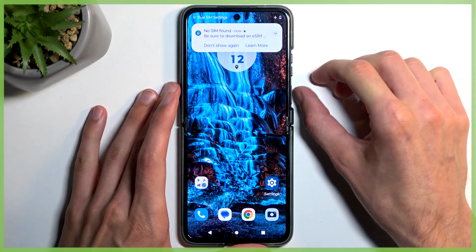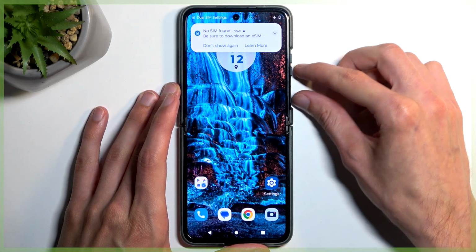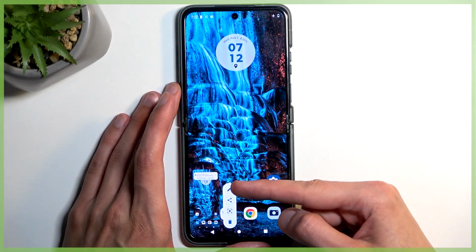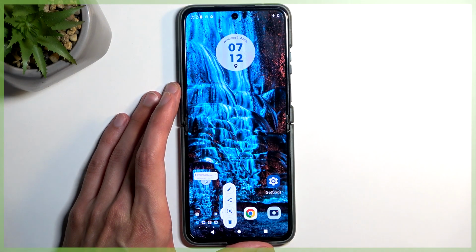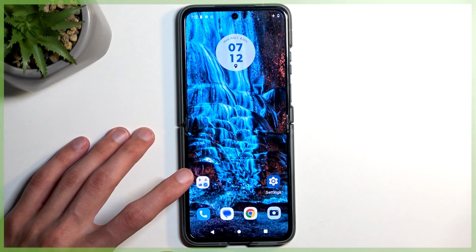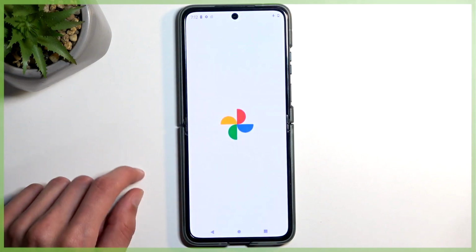Once it is, simply hold your power button and volume down at the same time. You'll have the sound along with the pop-up with edit, share, Google Lens and delete options, and after a moment this will just disappear. Once it does so, you can find that screenshot in your Photos application by